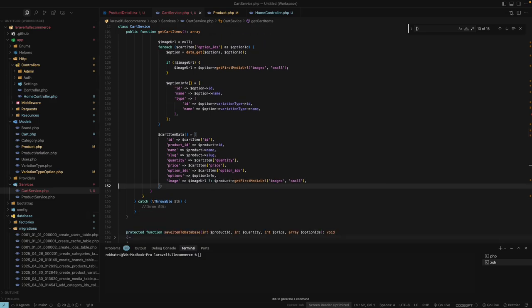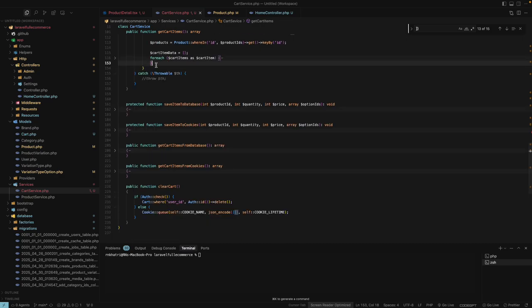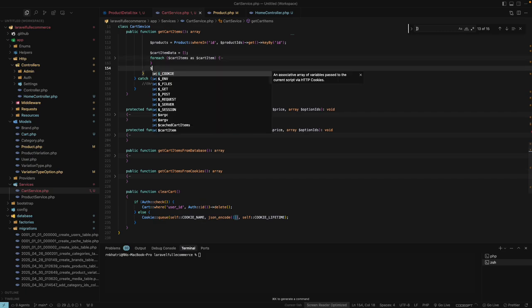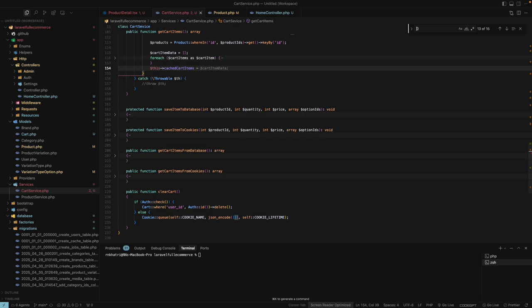Okay, and after that we have to close this one. Yes, then this is cached items from the cart item data,